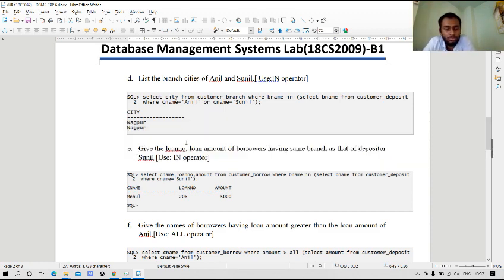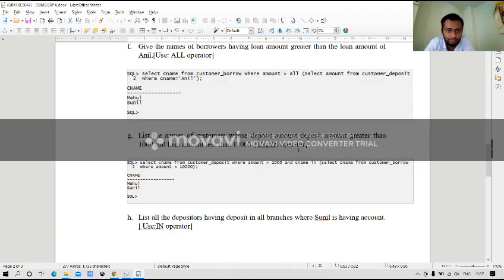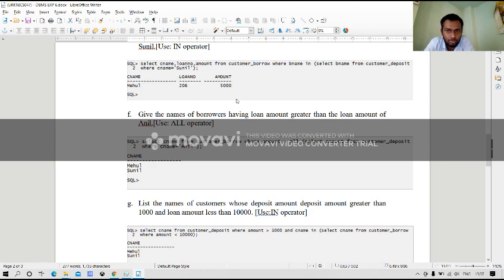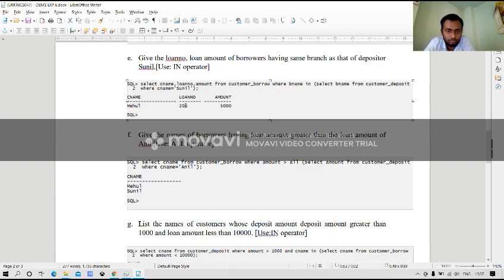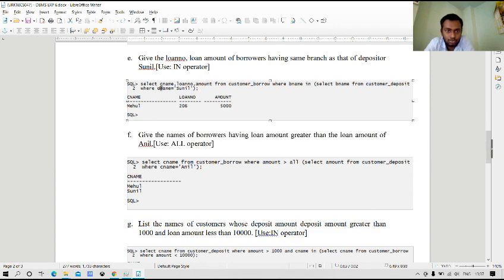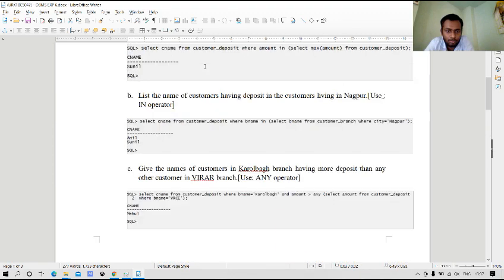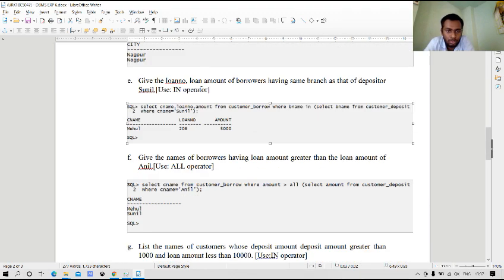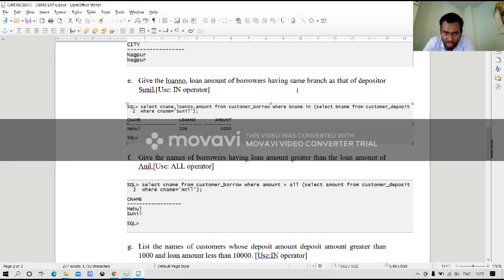Next: give the loan number and loan amount of borrowers having the same branch as the deposit of Sunil.